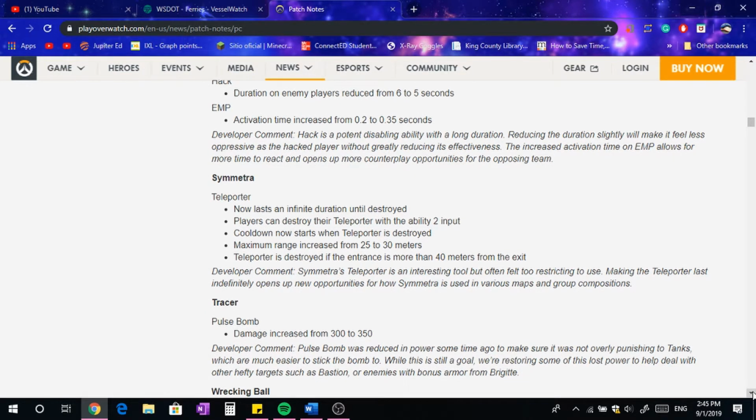Anyway, Tracer, Pulse Bomb: damage increased from 300 to 350. I haven't played Overwatch that long, so I don't know this, but other players seem to say that it was reduced a long time ago. So it's not punishing the tanks, they just increased it a teeny bit more, so it can be a little more